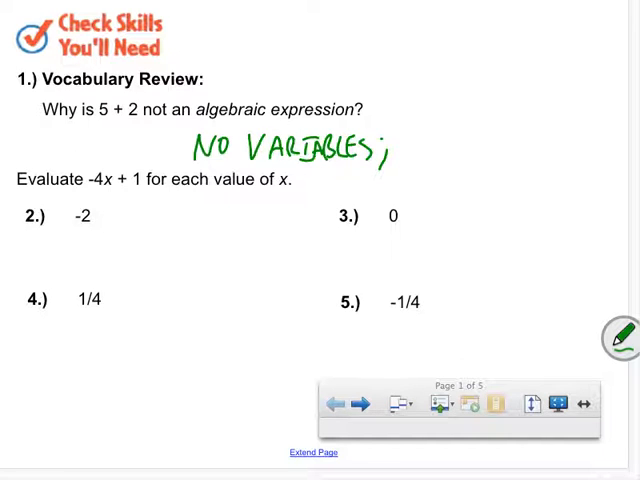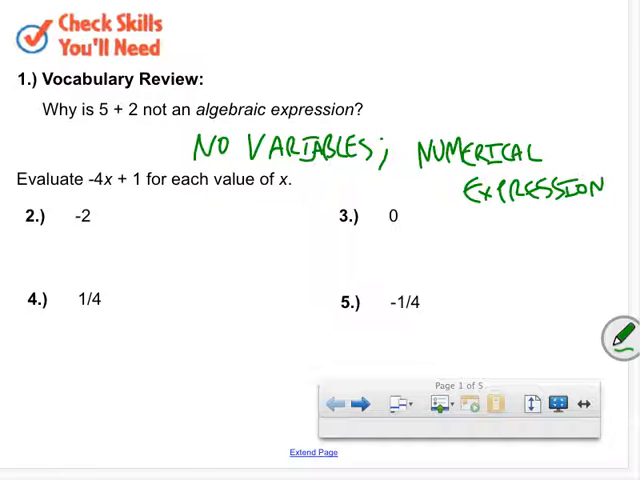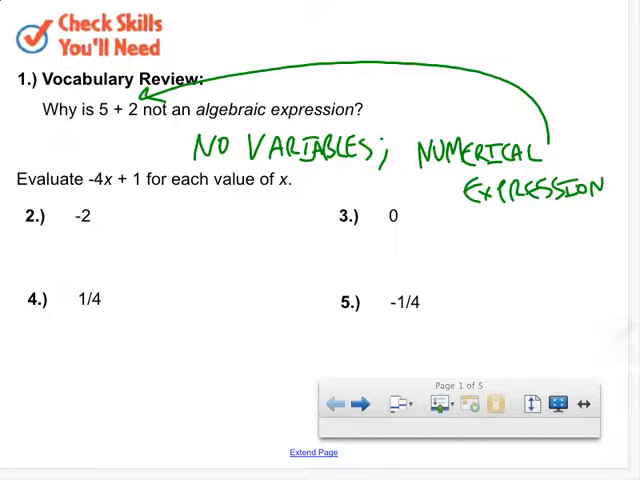And what type of expression is it? Help him out, Tata. It's a numerical expression. That's what that is. It's a numerical expression. There's no variables. Okay, so now we're going to evaluate the algebraic expression negative 4x plus 1 for each value